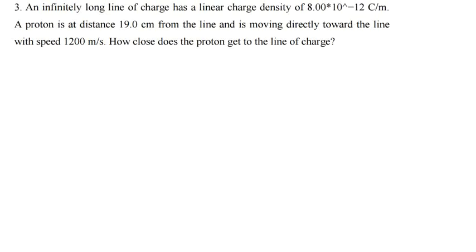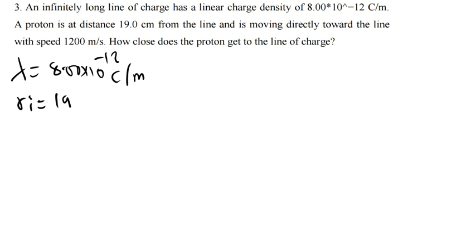So let's first come up with the data. We have been told the linear charge density, which is represented by lambda, is 8.00 times 10 raised to the power negative 12 coulomb per meter. What else do we know? We have been told that the proton is at a distance of 19 centimeters, meaning that is our initial distance. So our initial distance is 19.0 centimeters. Now we need to find the final distance, which we don't know. That's the question: how close does the proton get to the line of the charge? Meaning that's the final